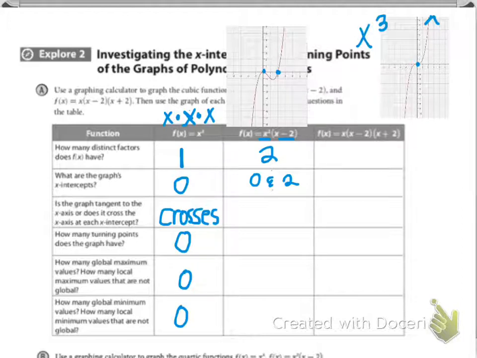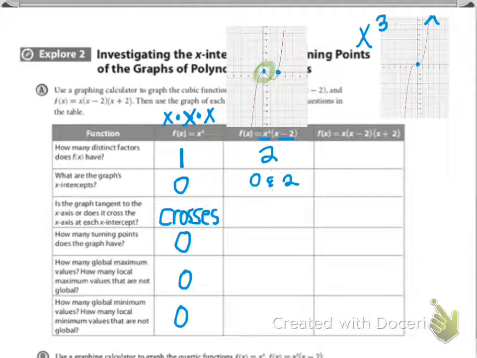Well, right at this one, it actually is tangent to it. And what that means is, it's almost like it comes up and it just kind of kisses it, turns back around, quick kiss, turns back around and goes. It just barely touches it and then goes back down and stays on the same side of the x-axis. If that's the case, then that's tangent there. And later on we're going to learn that that actually means that that root counts for more than one of